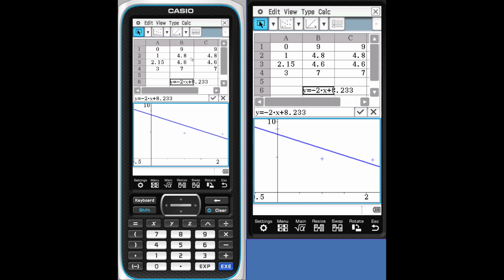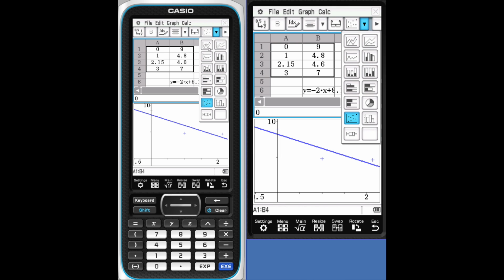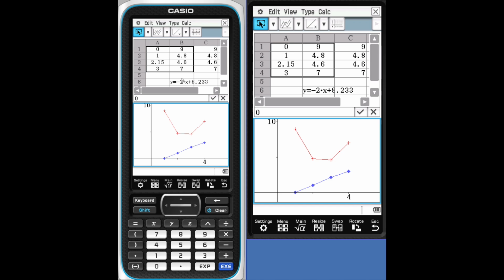Well, again, let's try another type of graph. So we'll come back up here. We'll select those 4 cells again. Let's go with little time series. Each one of these A and B is going to be plotted differently. We'll tap on one of the points. It's A2, number 1.